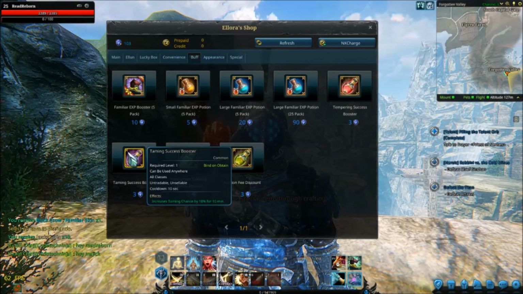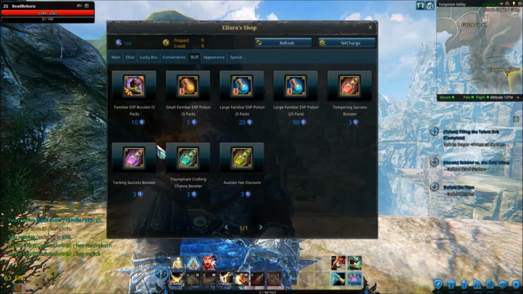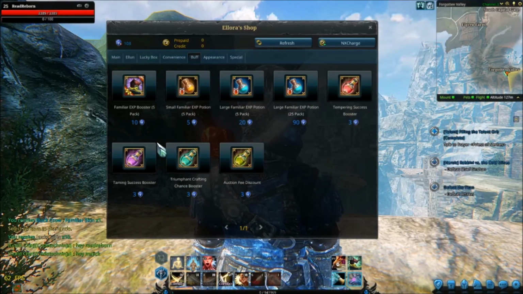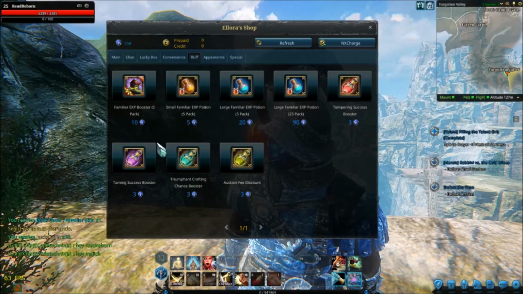Looking at it like that, it could be considered pay to win, because obviously it's only 3 Ellens, so it's like 30p. But if you've got a ton of money that you can spend, and you know exactly, you've got a game plan, you know what mounts you need, you know what mounts you want, you spent a ton of money getting all the best mounts and all the best stats, then possibly it could be seen as pay to